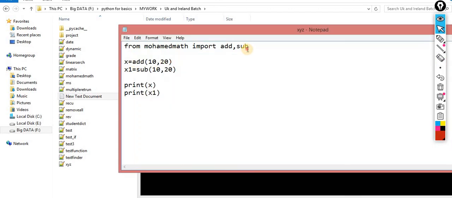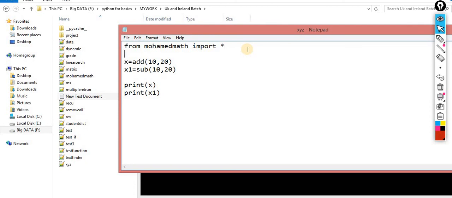I need one more. How many modules do you want to import? You can import something like this. You can import all the modules, whatever is required. So I need all the modules. For all, I am importing star. Star means I have imported all the modules which are available inside this. Now I think the picture is more clear.